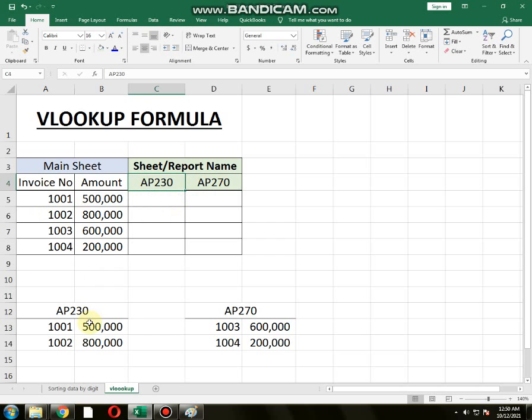If we have so much data in one sheet, so much data in the AP230 report and so much data in the AP270 report, how can we find in a single report which invoice falls in which sheet? So we use the VLOOKUP formula,